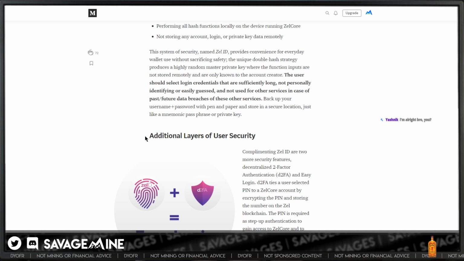So that's the danger of ZelCore wallet, because people are going to assume that their username isn't really that important and that the password is what is important. But in the case of ZelCore wallet, both the username and password are, I'm not going to say equally important, but they're very close, because if you have one of those, then you have half of the solution to gain the hash.